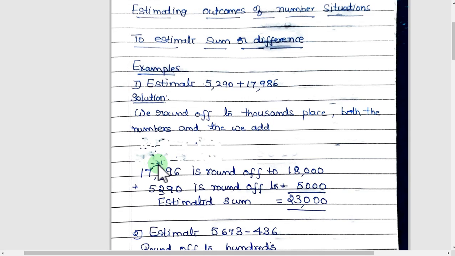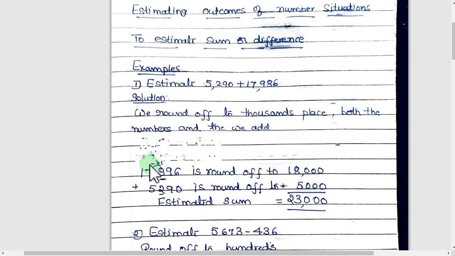So if you are rounding off to thousands place, you have to check hundreds place digit. If it is 5 or more than 5, we have to add 1 to thousands place. So here this is more than 5. We have to add 1 to thousands place, and we have to make the hundreds, tens and units place digits 0. So 17,986 is rounded off to